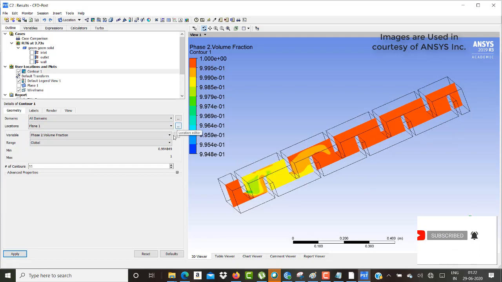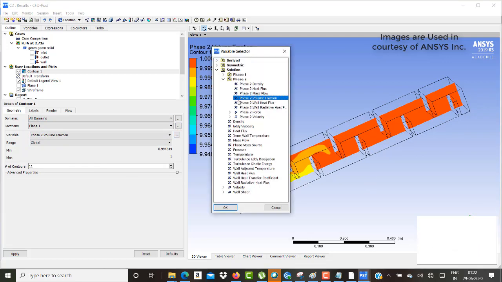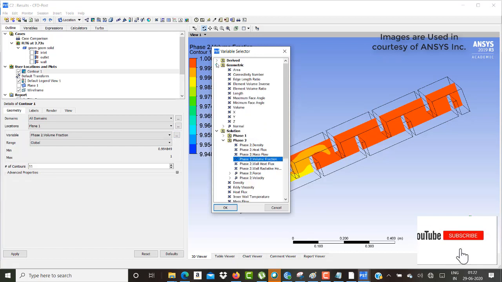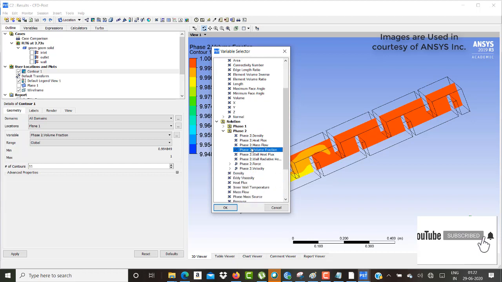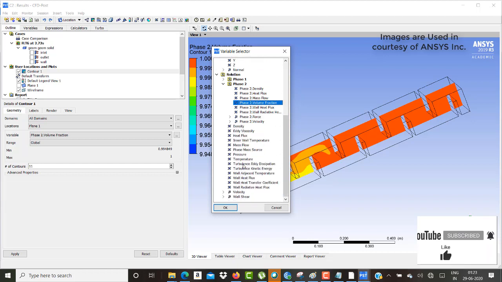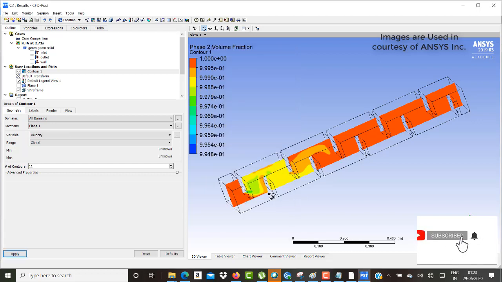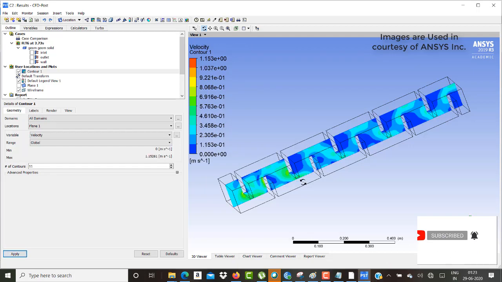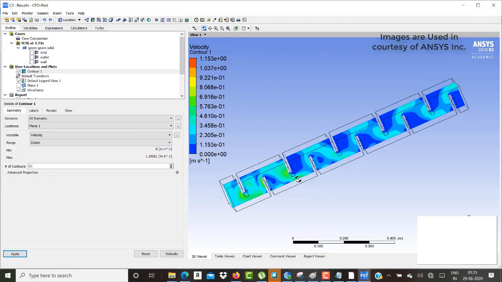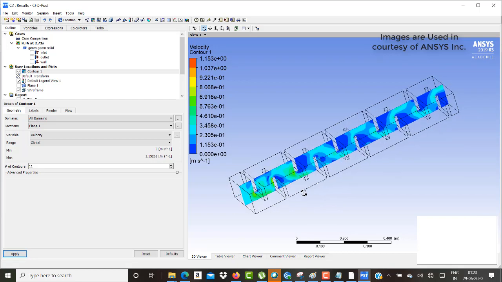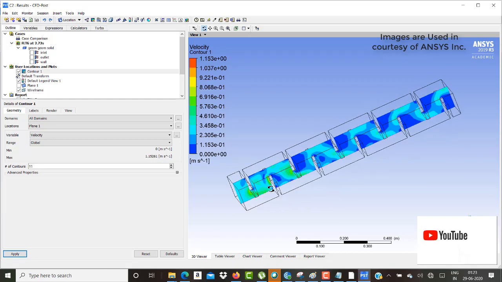And you can go for velocities also if required. Let me show you the velocity. So these are the velocities, how they are varying as the flow travels.